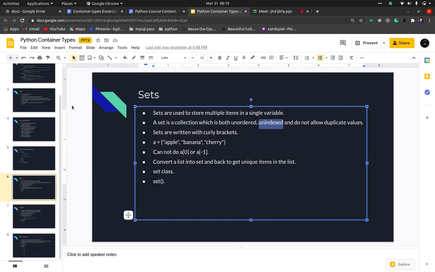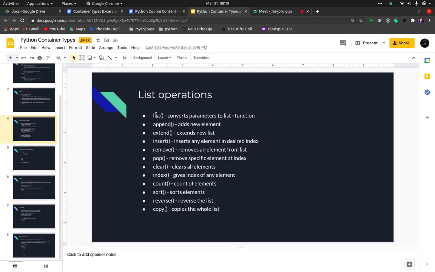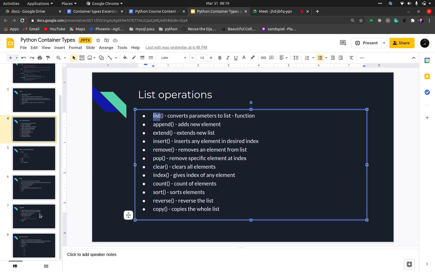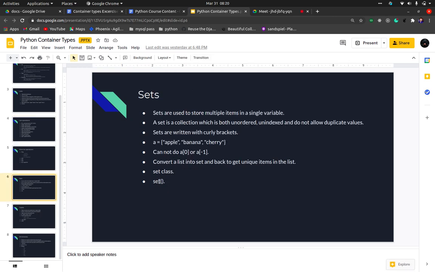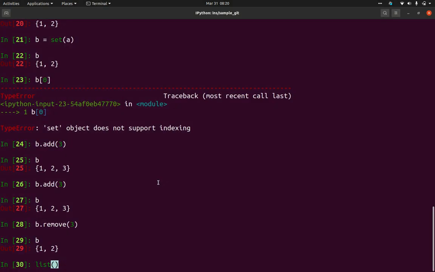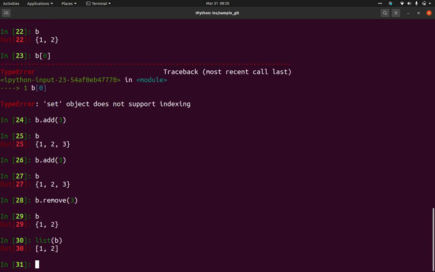So I told you that we had to discuss this list method, right? This function basically converts other data structures into a list, like sets or tuples back into lists. So if I do B again, you will get it as a list. Now you can perform all the list methods, right? So basically, sets are used whenever you have a list and you want to remove the duplicate values: you convert it into a set and then back to a list, so that you can perform all the methods also. This is the main usage of sets.